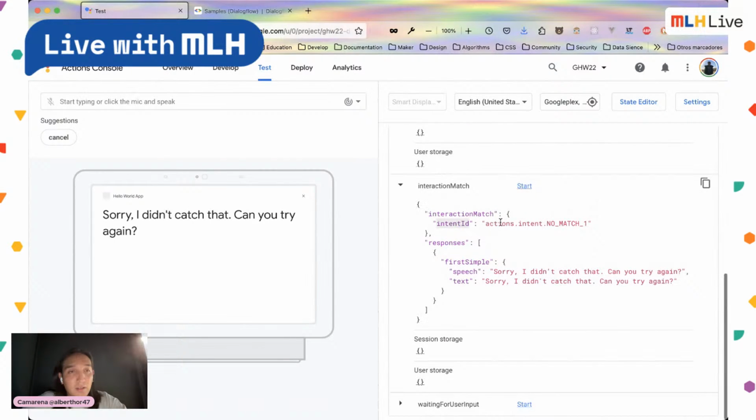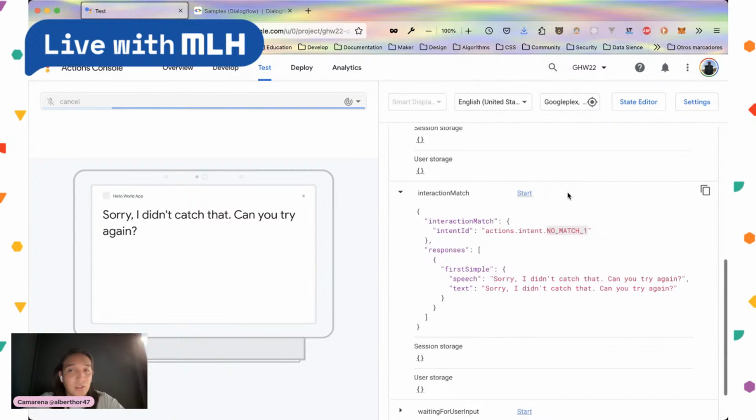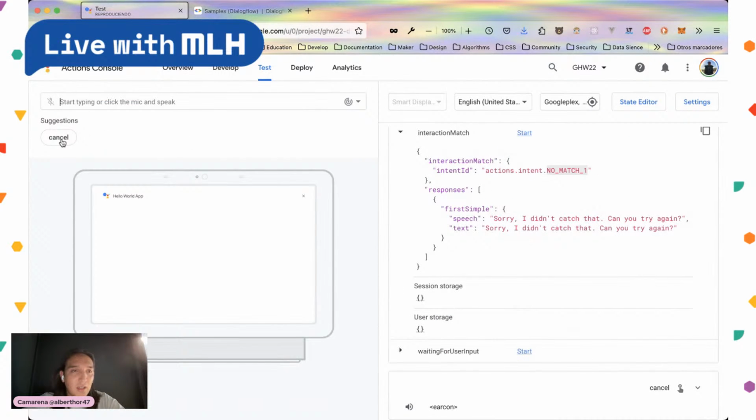The intended intent is no match because it doesn't answer in our good or thanks handler, or sorry, or not good handler. So the response is just, sorry, I didn't catch that. That's the way to debug it. We can cancel, and just to see a good response, we can talk